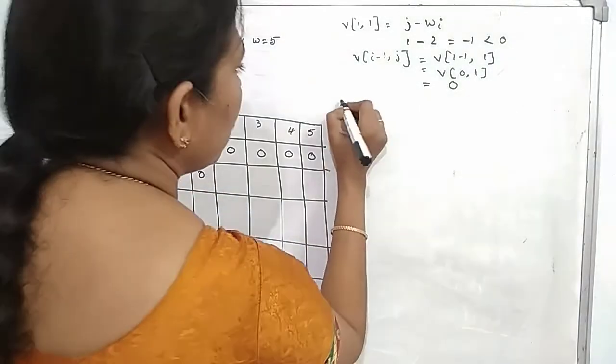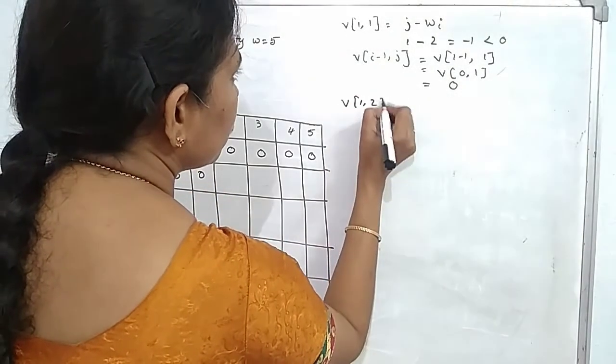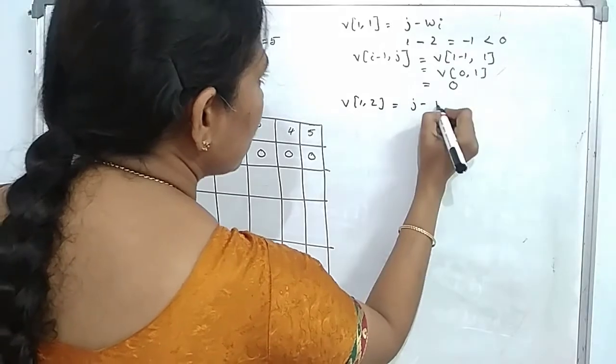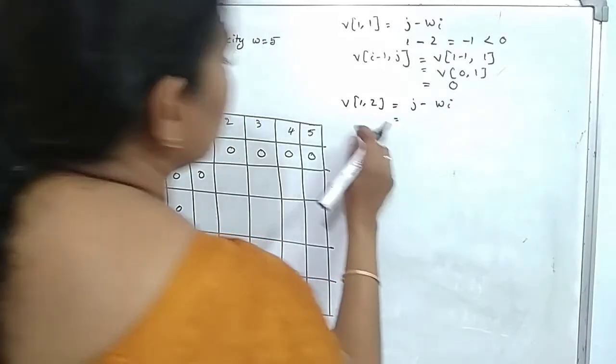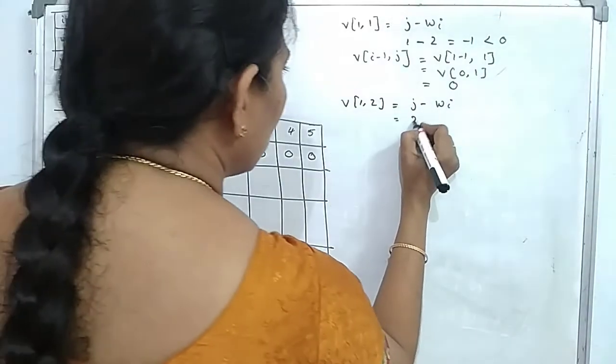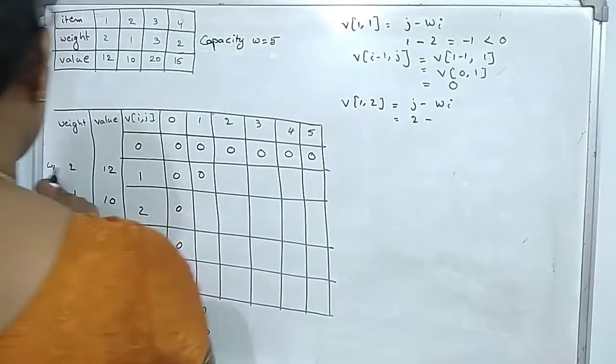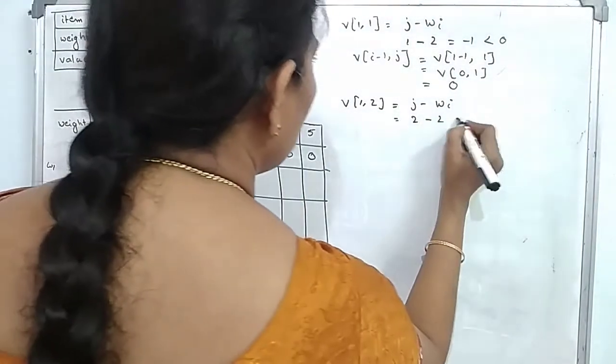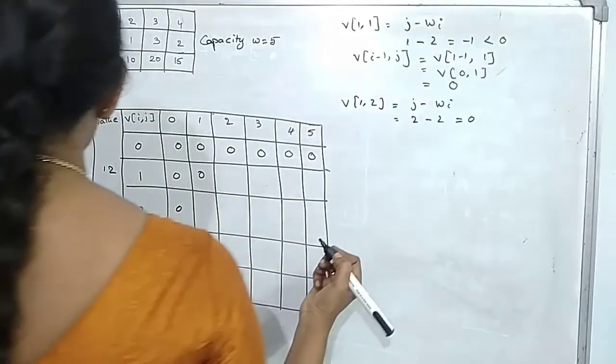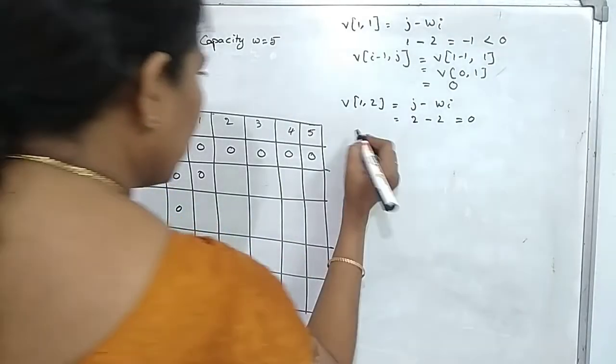Now we can calculate the V of 1, 2. First you can calculate j minus wi. J means 2, minus wi, 2. 2 minus 2 is 0. So whenever it is equal to 0, then we can apply the equation